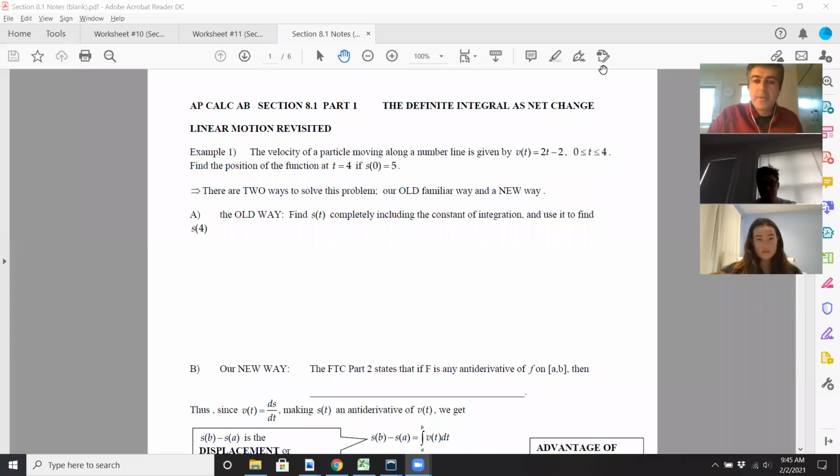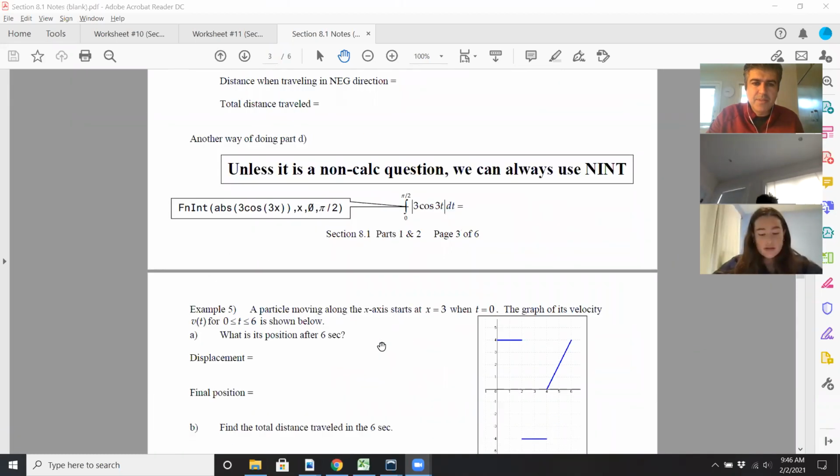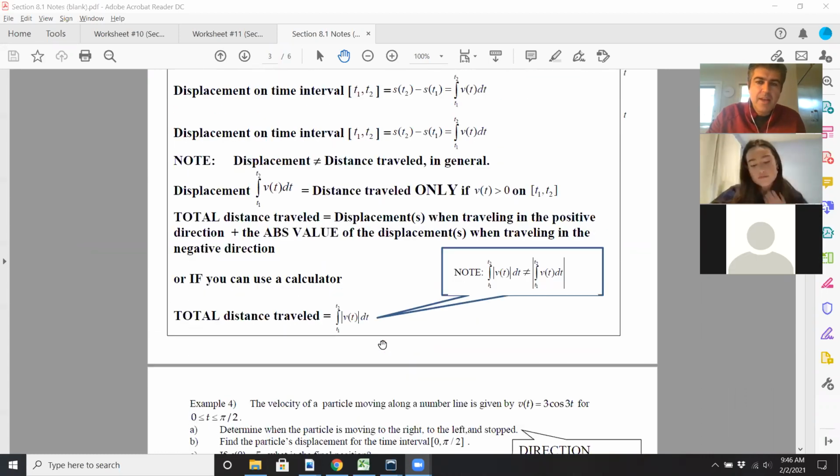Because we're doing a recording. We're discussing 8.1. It says part 1. I'm not sure why it says part 1. Maybe there's a second part. Is there other parts of this notes? Yeah, there is actually. There's a part 2. Okay. Anyway,